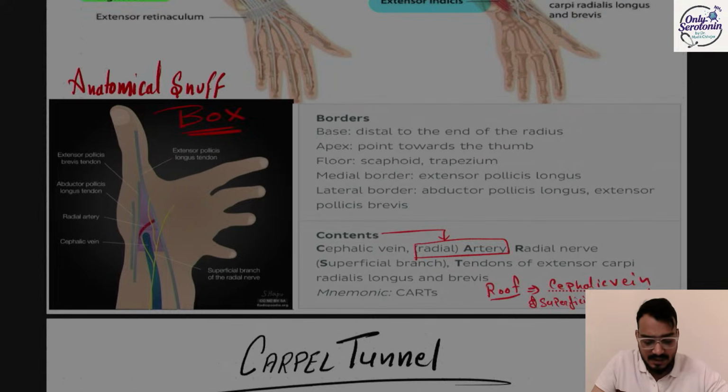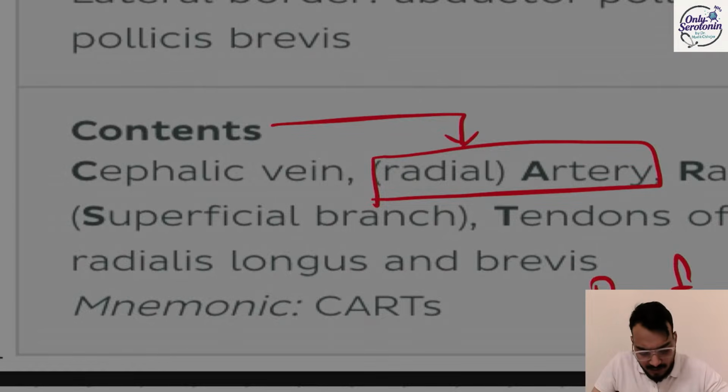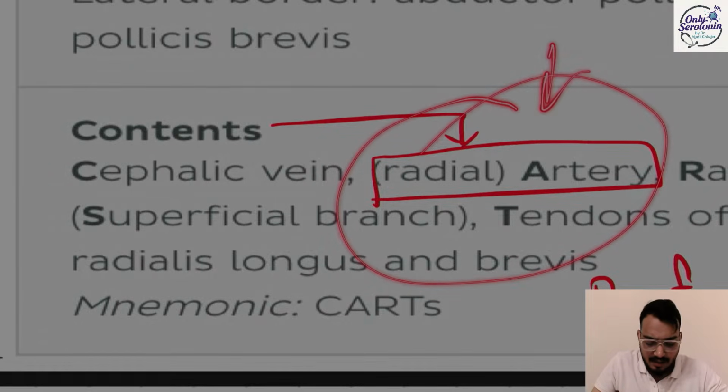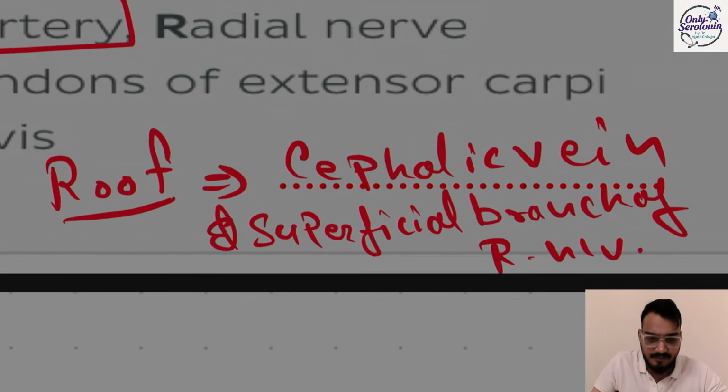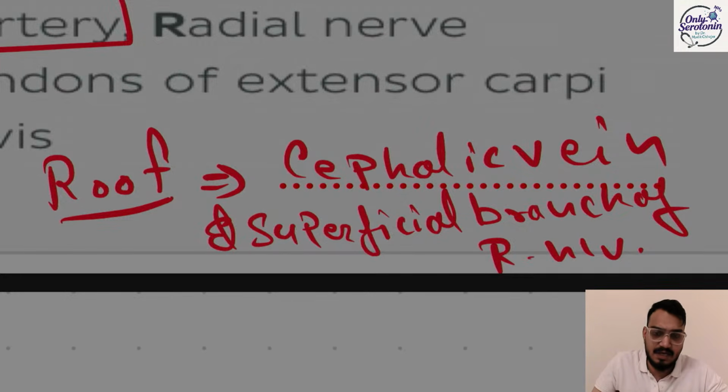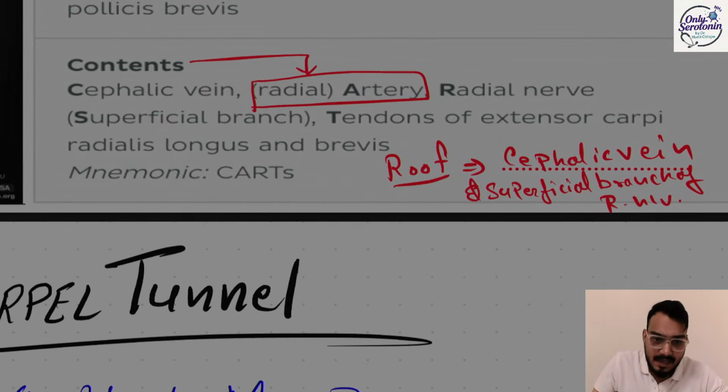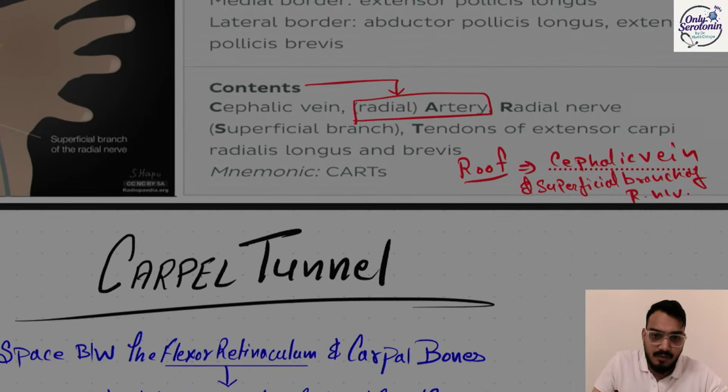Anatomical snuff box. It is a very favorite topic in your anatomy, guys. In anatomical snuff box, the main content which you should know is what, guys? It is the radial artery. The main content is radial artery. The roof of anatomical snuff box is your FMG exam question, guys. So which vein is going from the roof? It is your cephalic vein and the superficial branch of radial nerve. These both are making the roof of